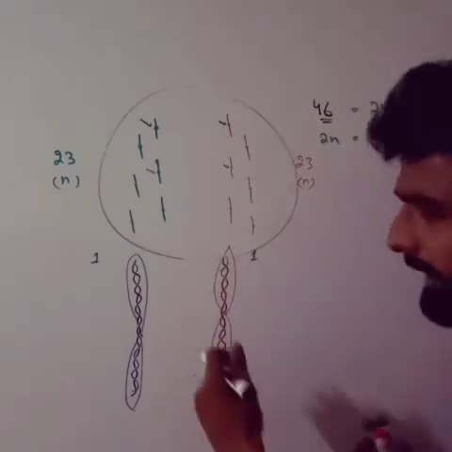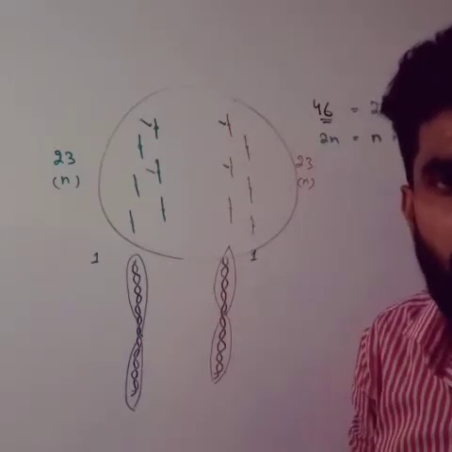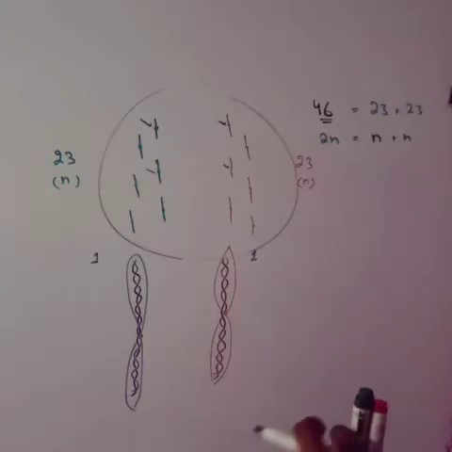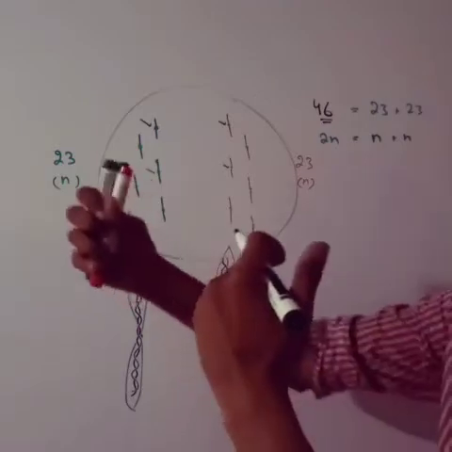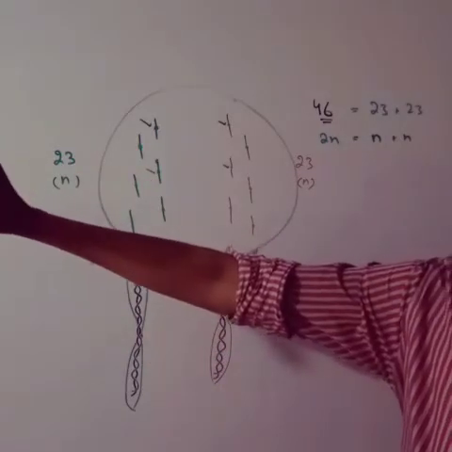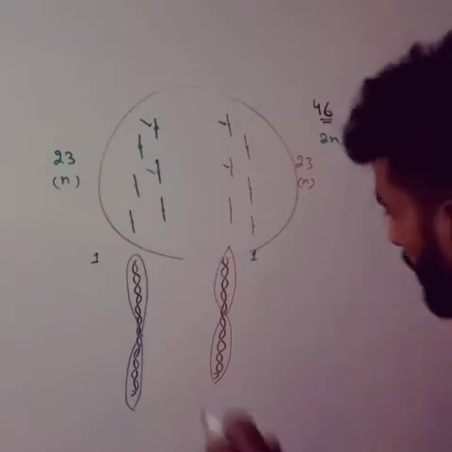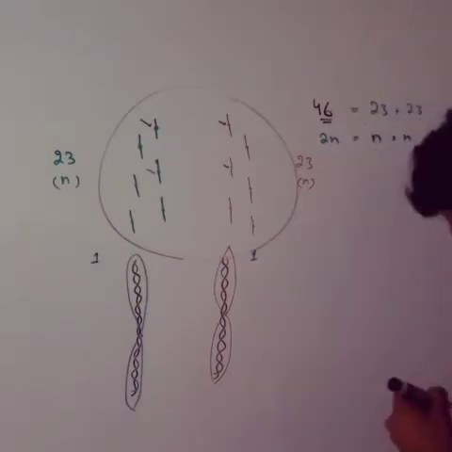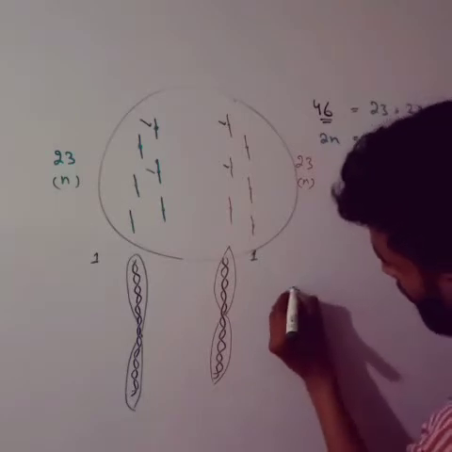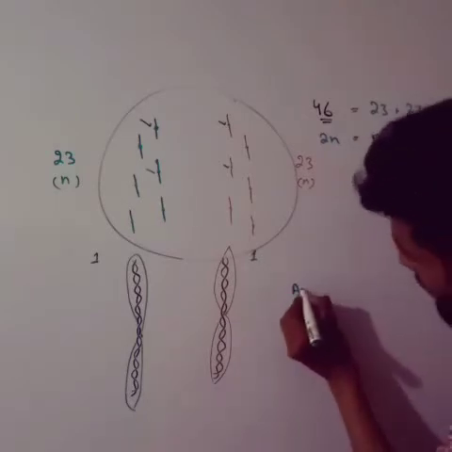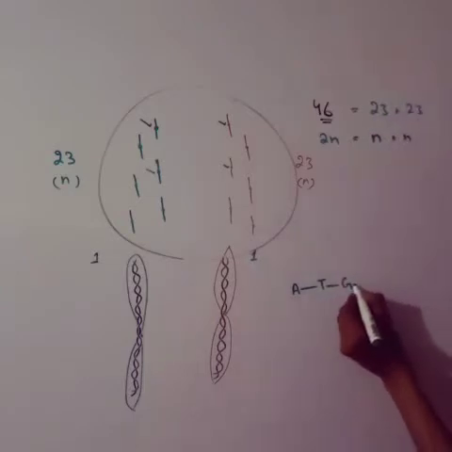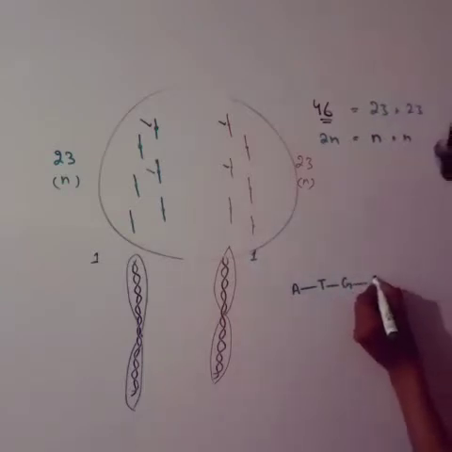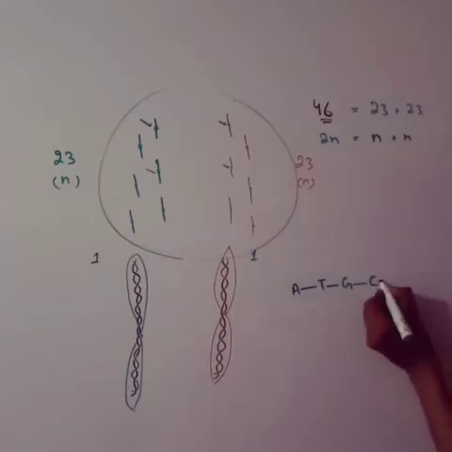We know that DNA is made up of nucleotides: adenosine, thymidine, guanosine, cytidine. Different types of nucleotides attach with each other and a double helix DNA structure is formed. For example, adenosine will get attached with thymidine, thymidine with guanosine, and guanosine with cytidine through phosphodiester bonds, and similarly again C, again G,